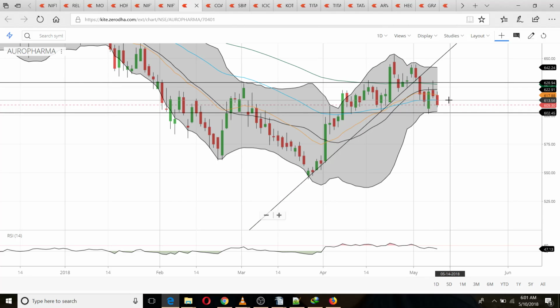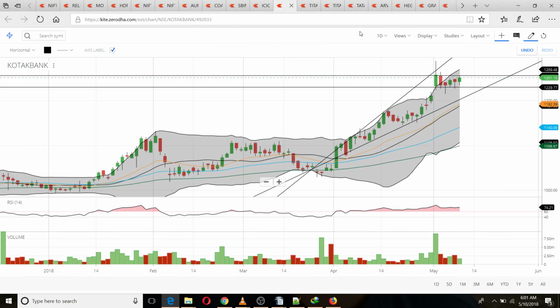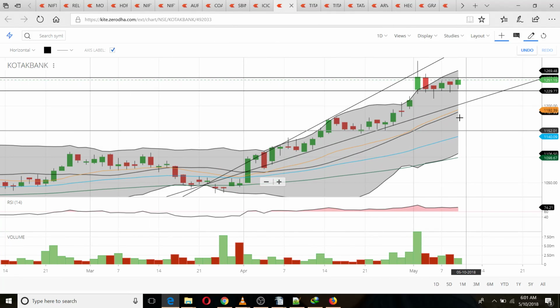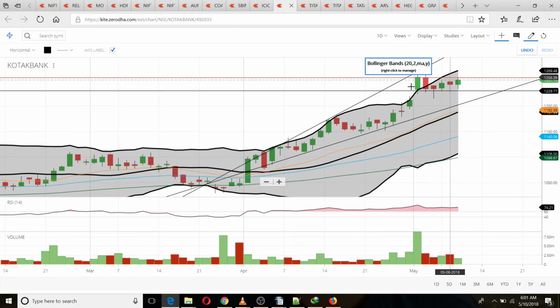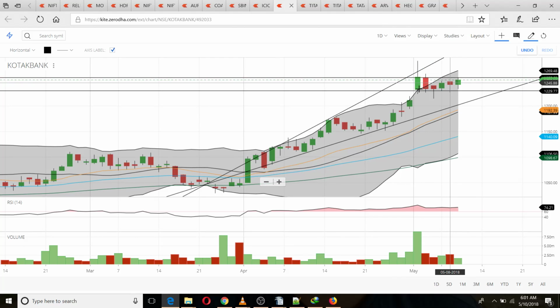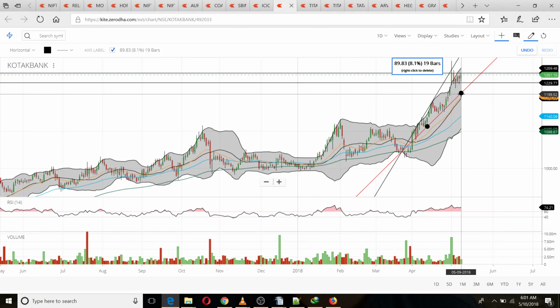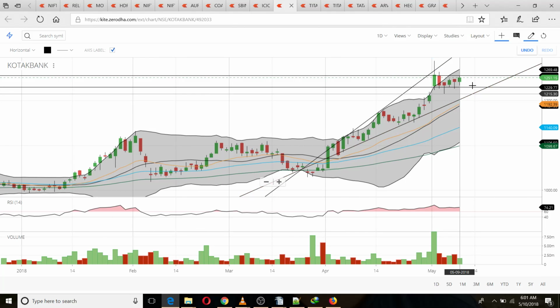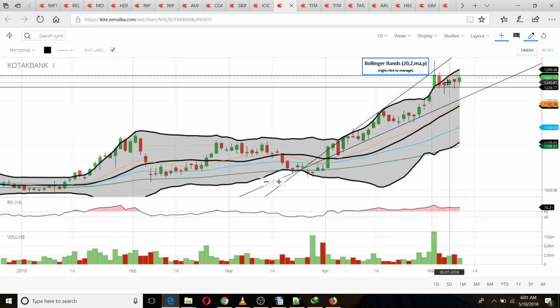And Nifty Pharma, I had analyzed and I have told that I am bearish on Nifty Pharma. So these are the stocks that I have been looking at. Also, Kotak, if you see, this is for several days in this range. And I will be looking for this range breakout either on upside or downside. This is where I will be watching Kotak Bank also. Till the time it remains in this range, that is not interesting to me.